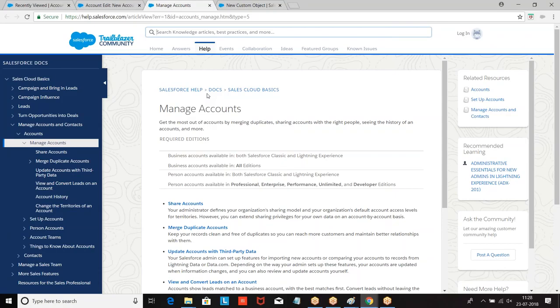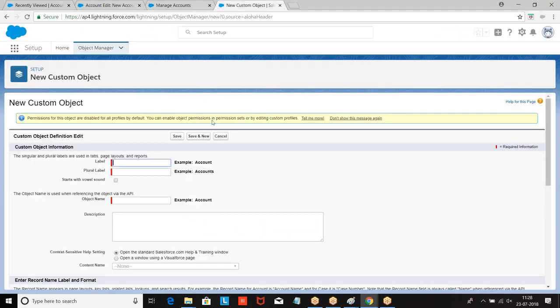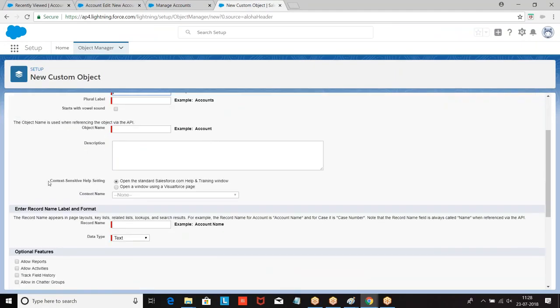That is given as context sensitive help. With respect to your object, on the top you will be finding one link called help for this page. When you click on that link, what is the document that should open for you as a help? That is given here as context sensitive help.